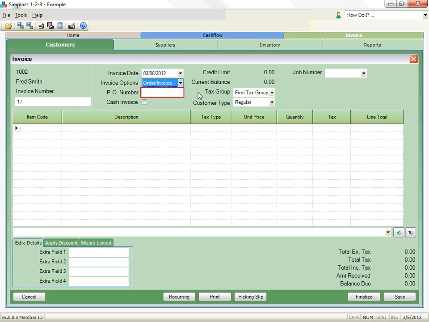The PO number field can be used to reference a purchase order that may have been placed in relation to this invoice. If payment has been received at the same time the invoice is created, click in the Cash Invoice checkbox. When the invoice is finalized, a receipt will be applied automatically for the amount owing and for the same